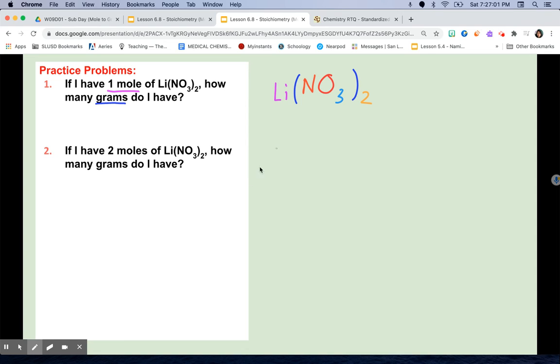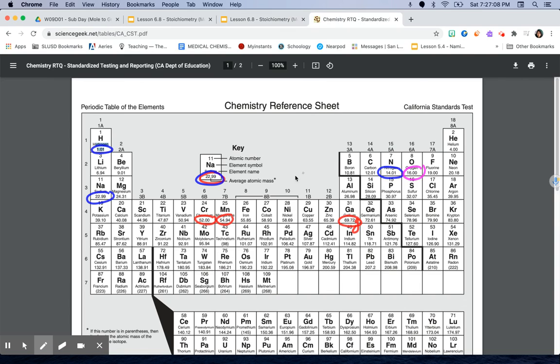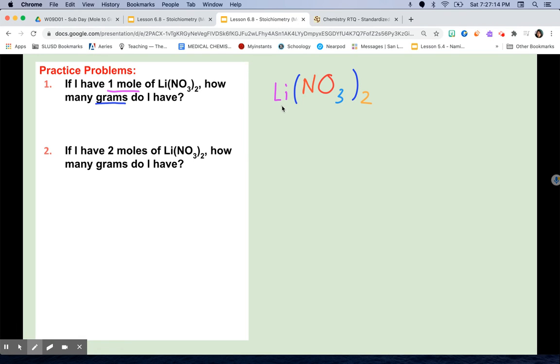So notice here that I have 1 Li. Let's look that up on the periodic table. Li has a mass of 6.94. So this is going to be 6.94